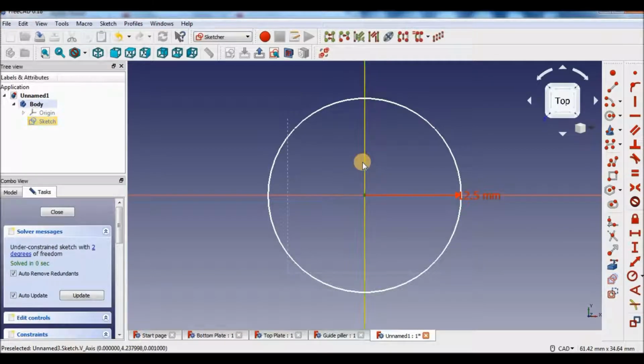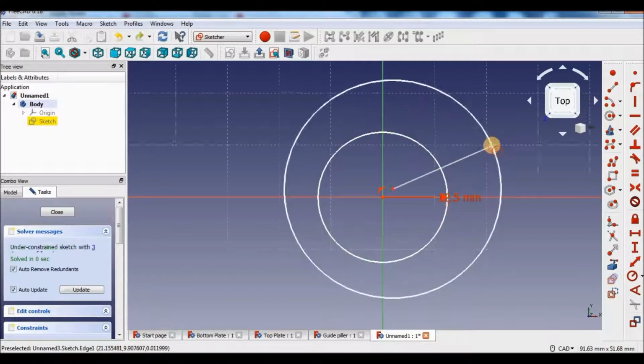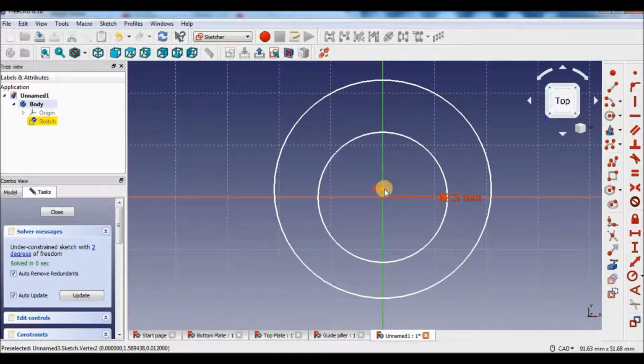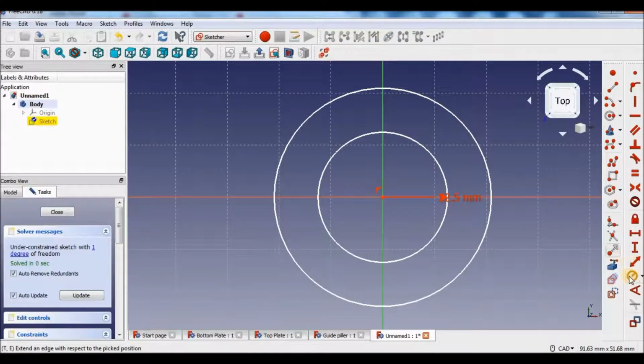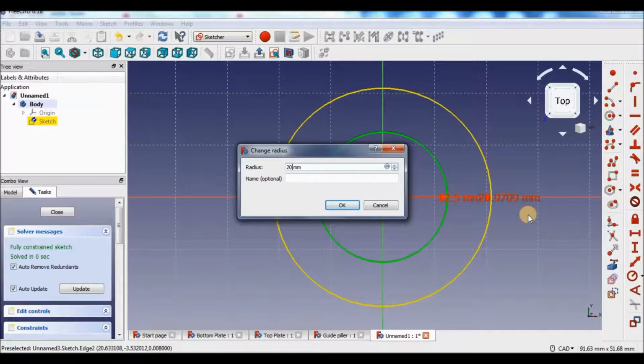Select center, vertical axis, symmetry, select center, horizontal axis, and symmetry. So again select circle, draw circle, escape, select center, y-axis, symmetry, select center of the outer circle with x-axis and symmetry, and the diameter of the circle is 40, that means radius is 20.